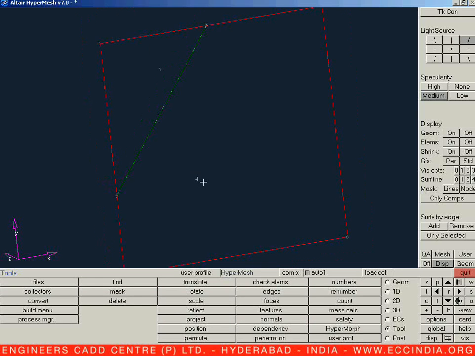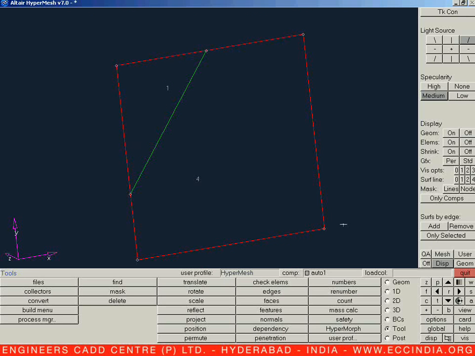Area 4 is also a free area which has red colored boundaries which do not have any attachment with the rest of the areas, but one edge is common over here in a green color. So this particular edge is called a shared edge. This edge divides your original area into two separate areas by being a sharing edge for these two areas. So this is the difference between red and green color.